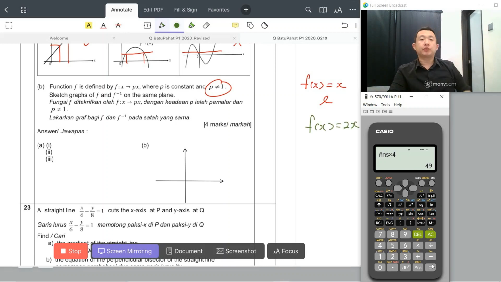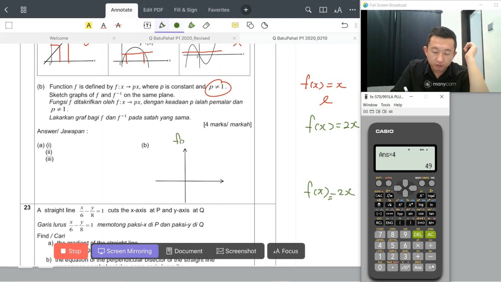Yes, it can be 2. Can it be negative 2x? Of course, it can be negative 2x. Okay. If you remember, let's say this is f(x) vertical, this is x. Let's say we have this, because we cannot have this, right? But what if we have this, f(x) equals x? This will be here, right? This is f(x) equals x because when